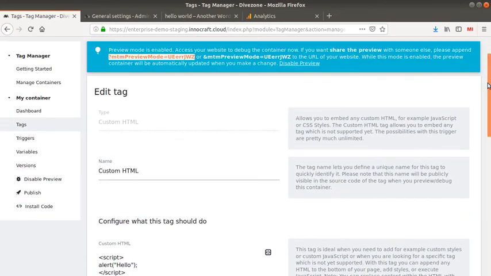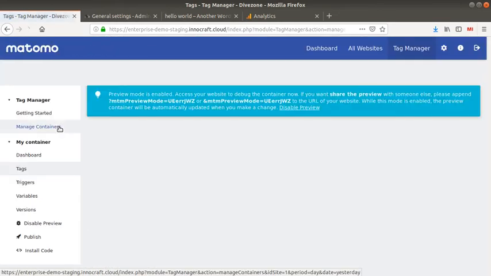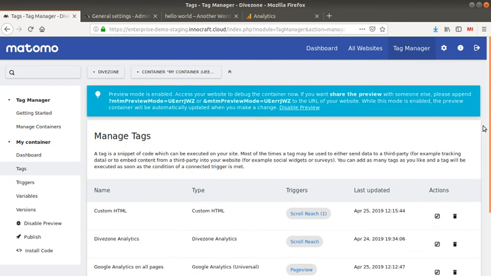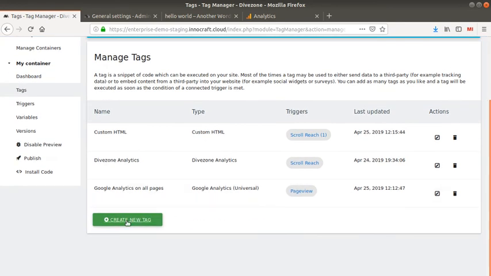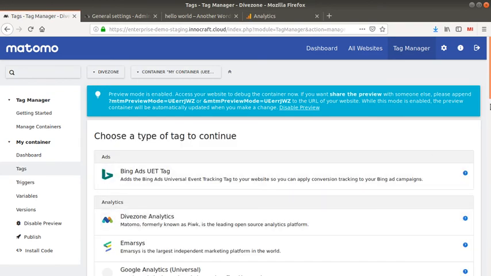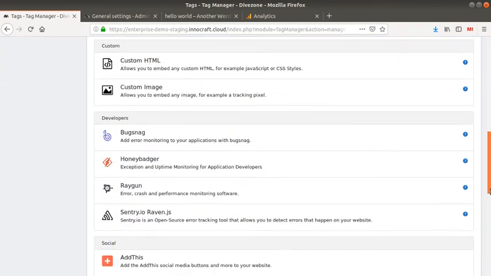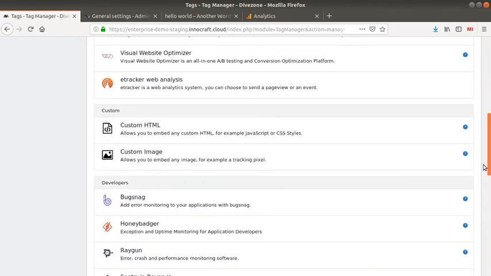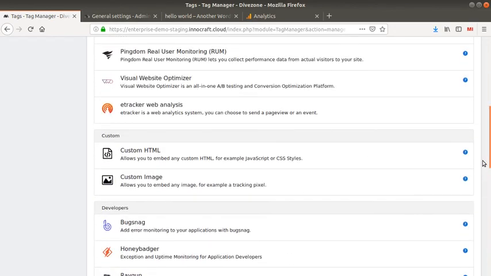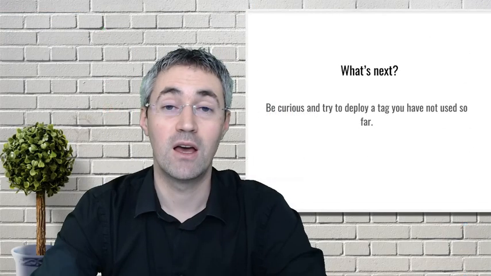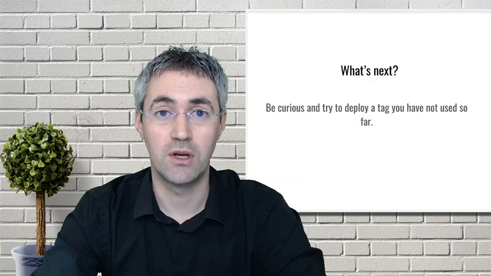And keep in mind that tags allow you to push data to any third-party player as well. It's not only about Matomo. Here we had the Matomo tracking code, here we have the Google Analytics one, and here we have any other tag that we can insert within this given tag. So just to let you know that with tags and Matomo Tag Manager in general, you can insert whatever third-party players you want. It's not only about Matomo. That's it for this video training. I hope you enjoyed it.